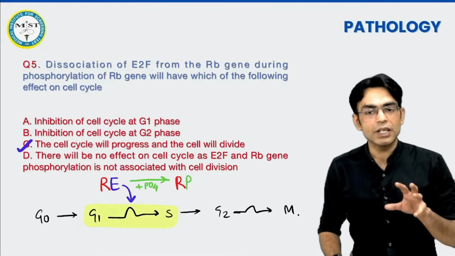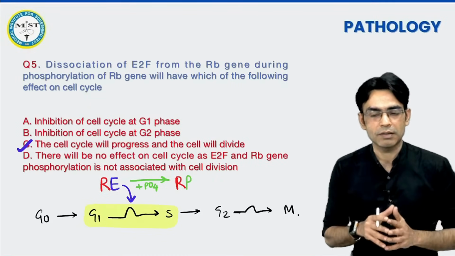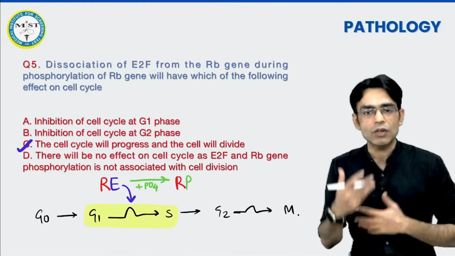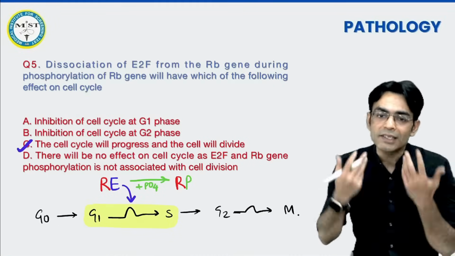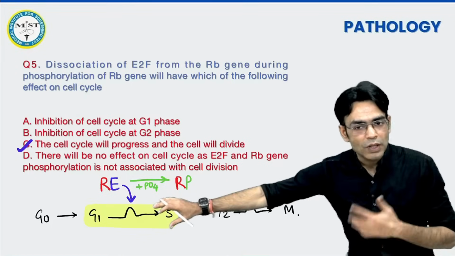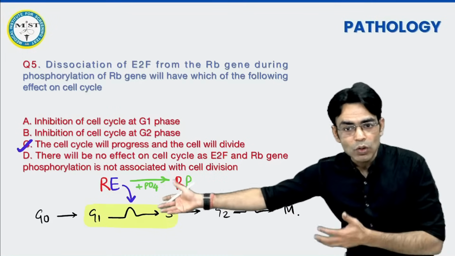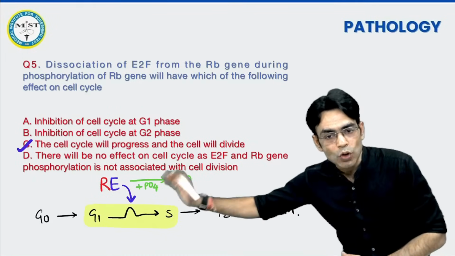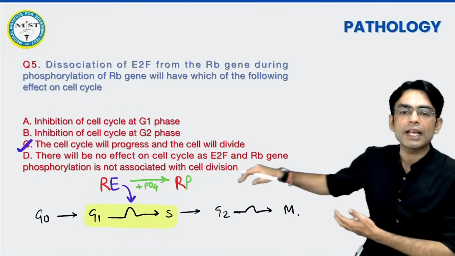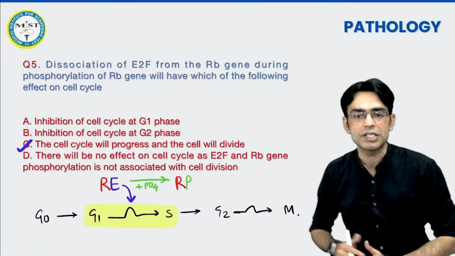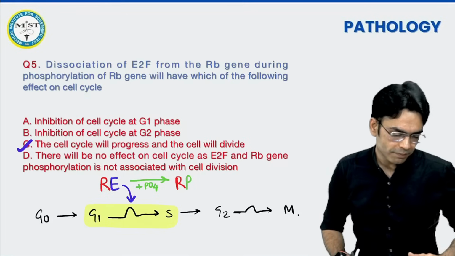Beta, P53 also acts in the first phase, G1S, majorly G1S. Because synthesis is happening here, any kind of abnormality we do not want to get synthesized. In this first phase you are having synthesis, here you are having division. So if you stop it here, if anything abnormal is there, you will not have to take care of the later phase. So whether it's RB or P53, they regulate G1S. Okay.